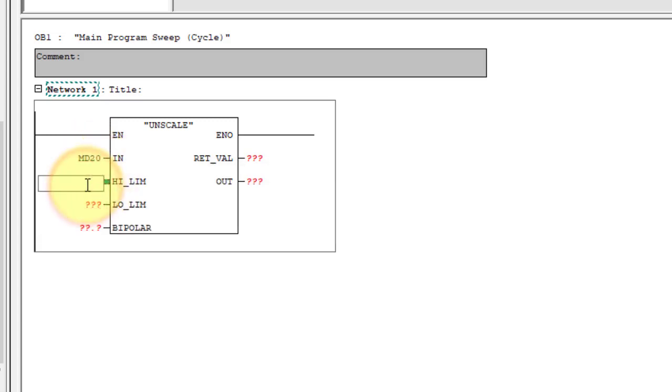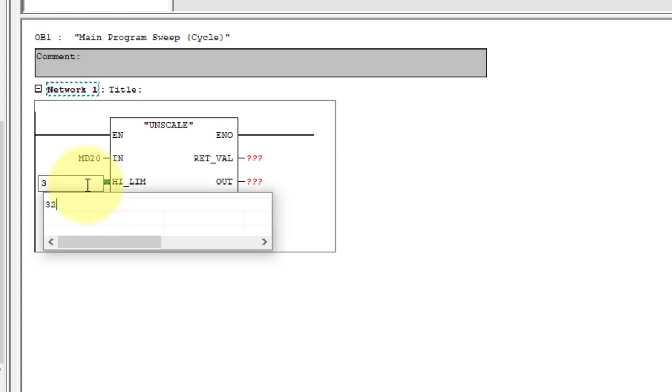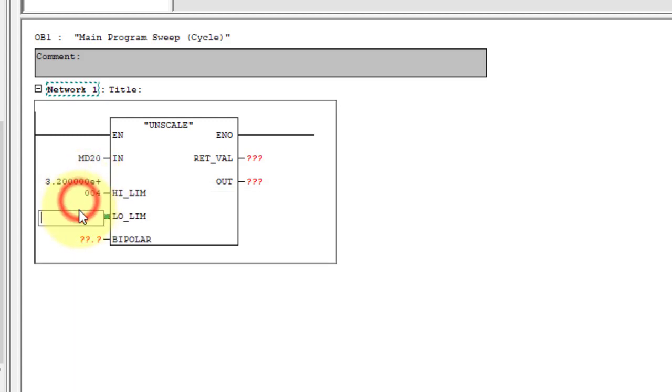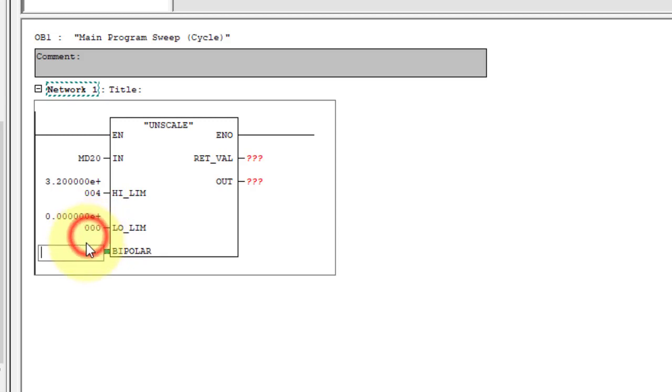And limit, let's see, 32,000.0 high limit and 0.0 is our low limit, and I will use some input here, I 0.1.